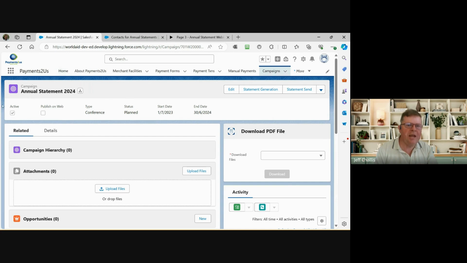Okay, so now I've got my annual statement. I've done the generate. I haven't sent it, remember? Now the next step in the process was to check and to verify that these annual statements looked good. So just give me